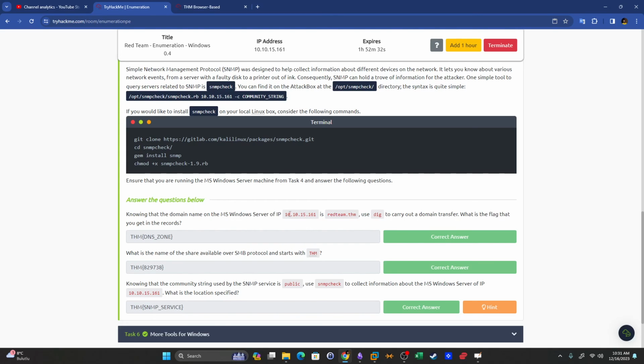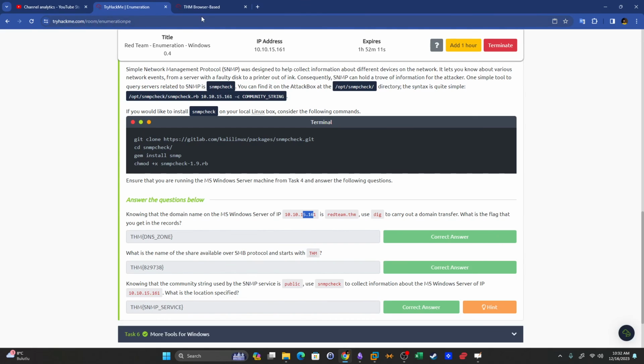So you know your target is redteam.thm and this is the server IP. So you perform a zone transfer to get the list of all of the DNS records of your target. But sometimes, let's say you overlooked this step in the information gathering,